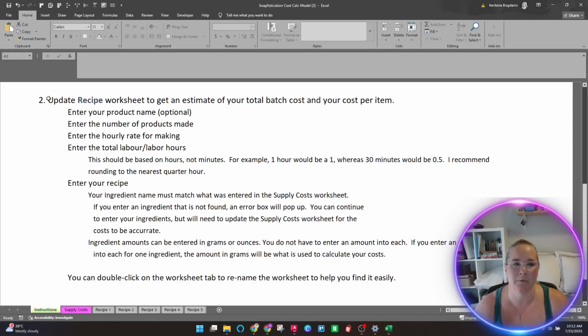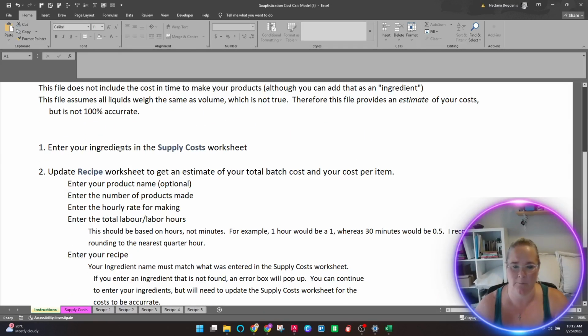So this goes through the process. One is, and I'll go through all this with you in a moment, you enter your ingredients in the supply costs worksheet, which is this pink worksheet right here. That's something you do once. You never have to do it again. Every time you buy supplies, you could put it in there, but then you can make multiple formulas, multiple products with those same supplies.